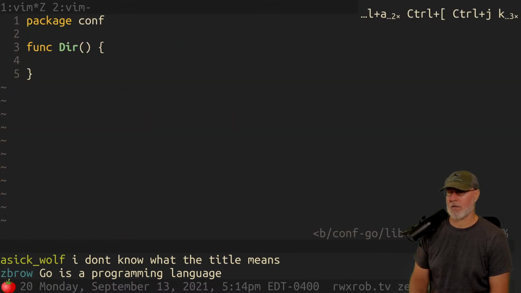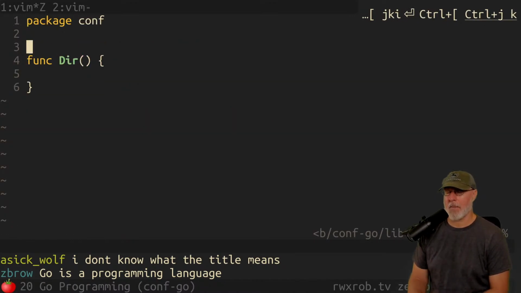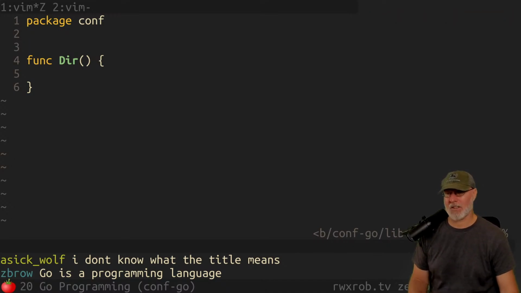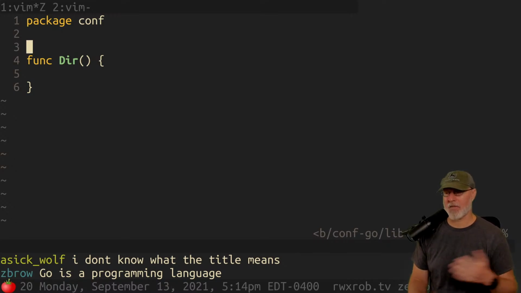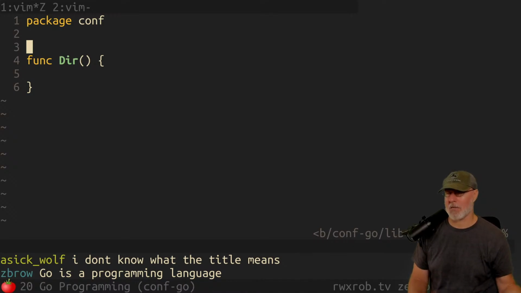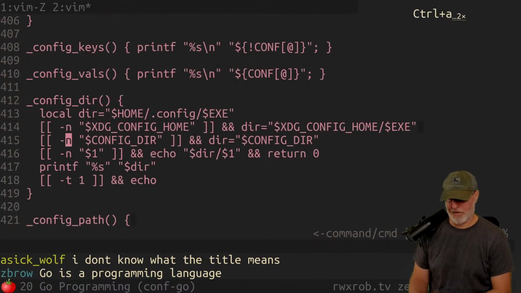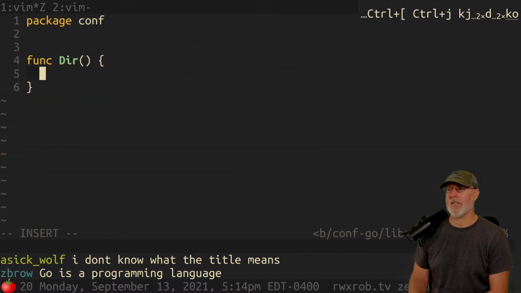So I have a little bit of a dilemma here. I sometimes will write the documentation before I write the function, and then I end up changing the function, and then the documentation is a waste of time. So I go back and forth on this all the time. I flip-flop constantly. Sometimes I'll write too much docs, and most of the time I end up finding that I'm writing too much. I end up writing documentation, and it helps me get my head around what's needed. And then I don't mind throwing the documentation away if it was wrong, because it was part of the thinking process. But I would rather have just talked it out, like with you guys, and then just done it that way, right? So if I do a func dir, I'm going to have to take an argument.